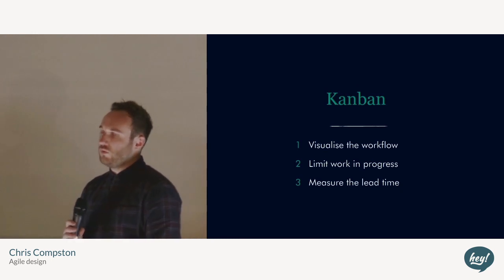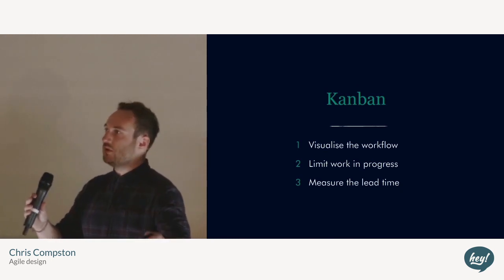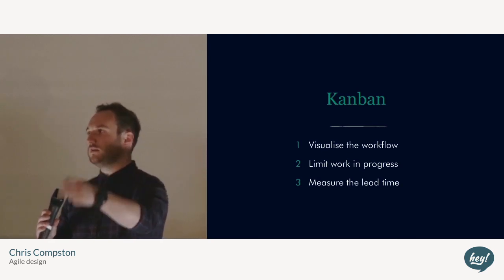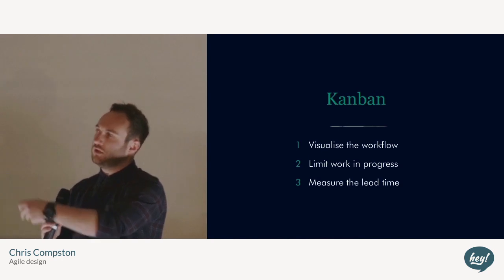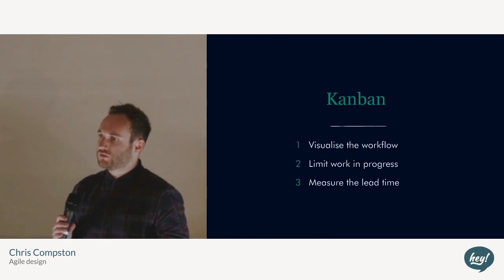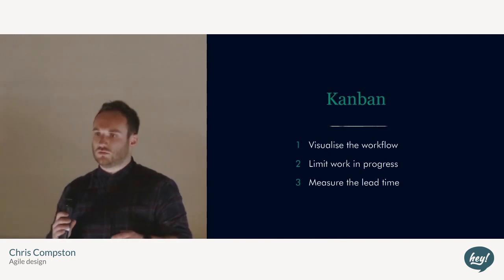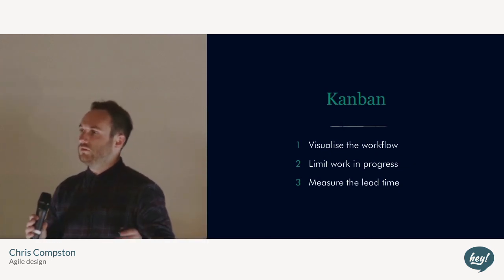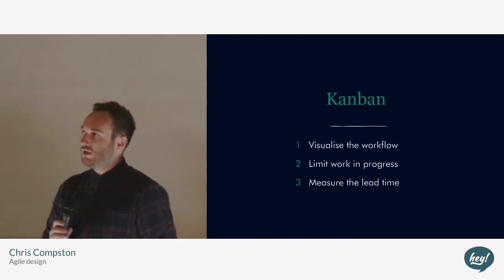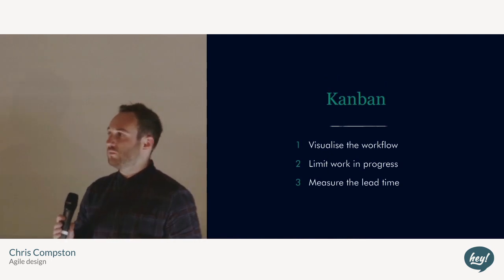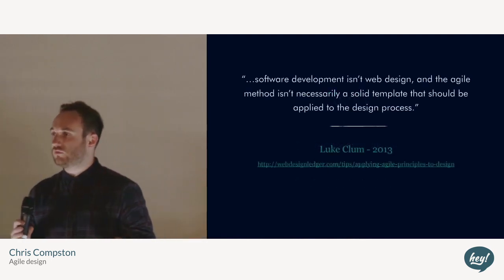Kanban is slightly different, where you actually visualize the workflow on what's called a swim lane board, which will start off at to do, then you'll go through it into design, into development, approve, done, ship. And you limit the work that's in progress. So the designers or developers will go along, see the tickets, pick up the last one that's on the board, work through it, and they will say, we only work on 5 tickets at a time because there's 3 designers or developers. And of the time that you're doing it, you measure how long it takes, so that in the next one, you might be able to take up a few more tickets, or you might have to say, no, we can only do a few less.